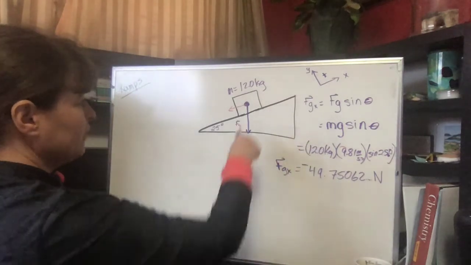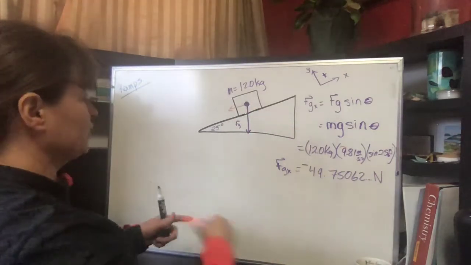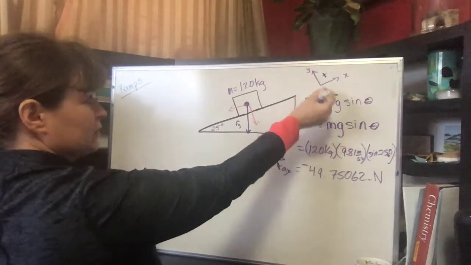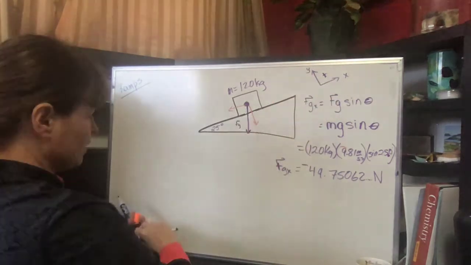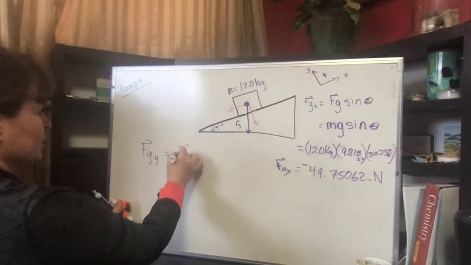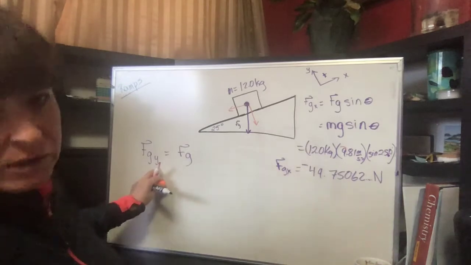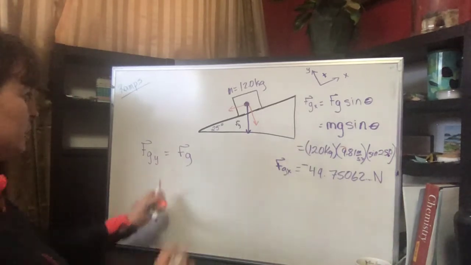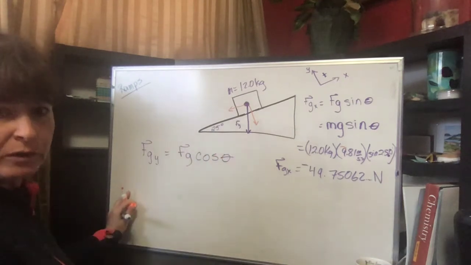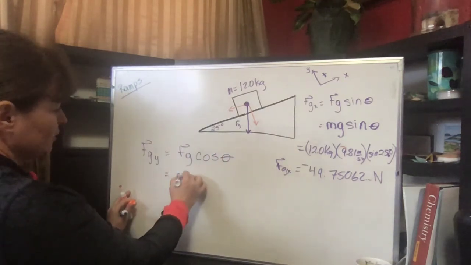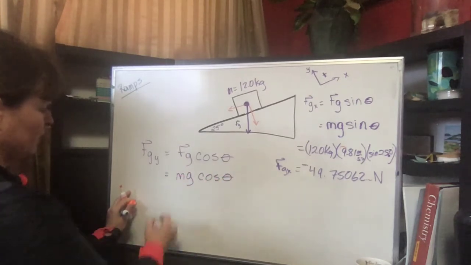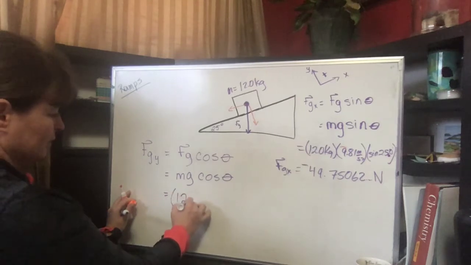Now our Fg of y, that's going to be this guy here. And again, according to convention, it's going to be down, so that should be negative as well. I'll do it over here. Fg of y, again, is just Fg, and y is always sine, but flip it for force of gravity on a slope. So we're going to go cos theta. Expand that out. Force of gravity is always mg, cosine of our angle. Fill in our mass